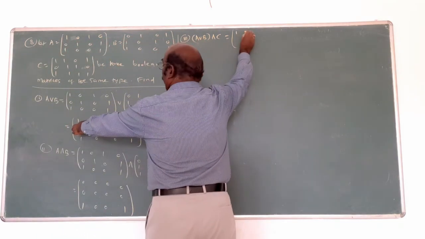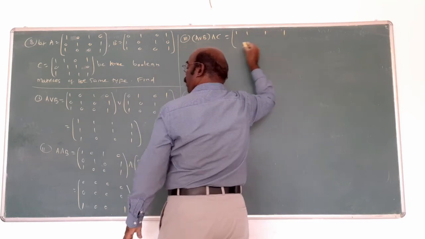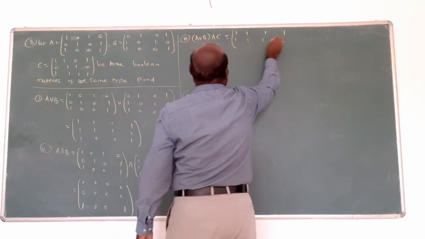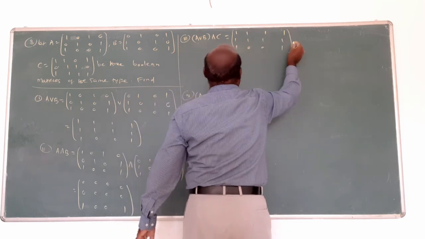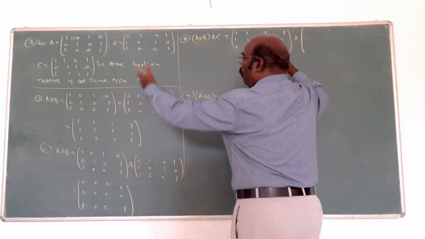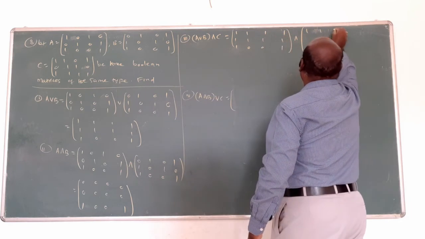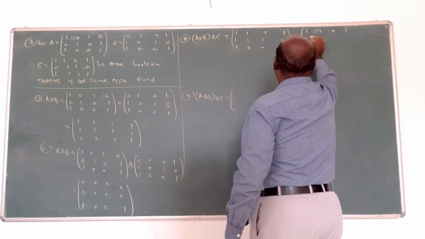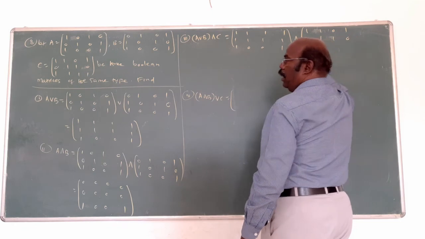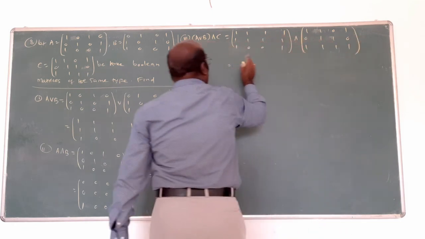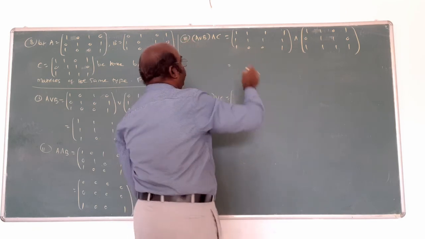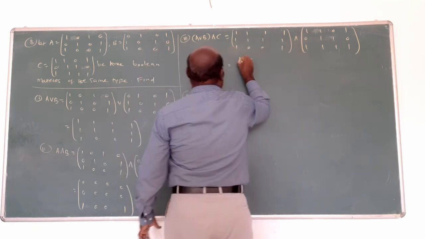The same thing, third subdivision. The A disjunction B we already found out, no? Already found out. 1, 1, 1, 1. Again, 1, 1, 1, 1. Again, 1, 0, 0. Here the symbol C we already know. 1, 1, 0, 1. 0, 1, 1, 0. Last 1, 1. Am I right? This symbol is what I told you. Both will be 1 means 1.